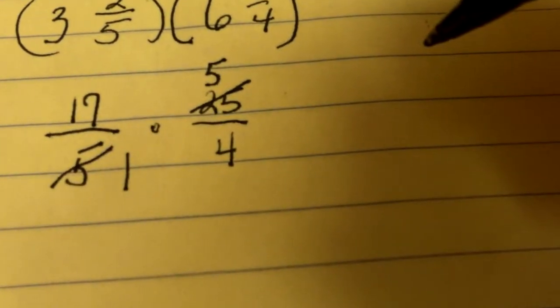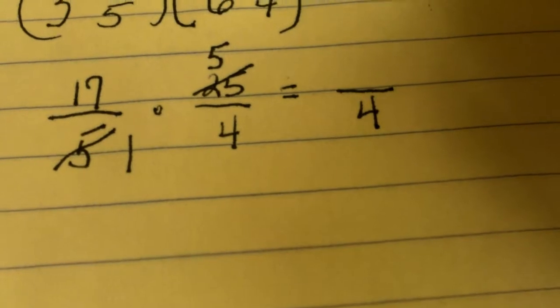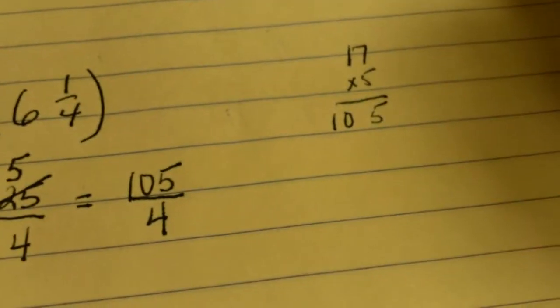We're ready to roll, and look, we're going to be able to reduce a little bit first. We can divide both the numerator and denominator by a 5. It just makes it a little bit easier to do the multiplication there. Multiply right across on the bottom. 17 times 5. We have to see what we're going to get over there. And I will usually double check my arithmetic, but it looks like we're going to get 105 over 4,